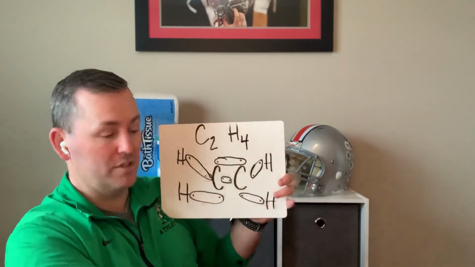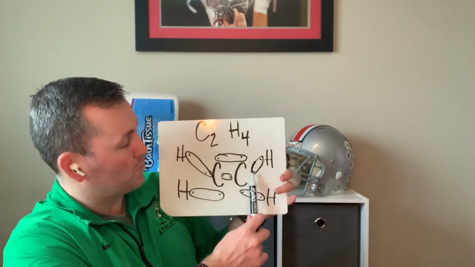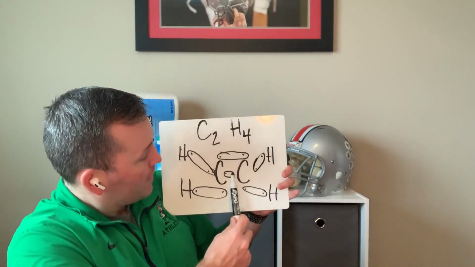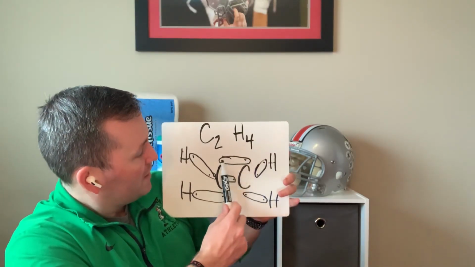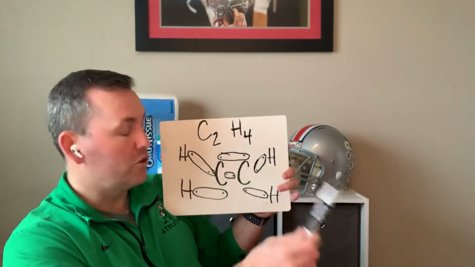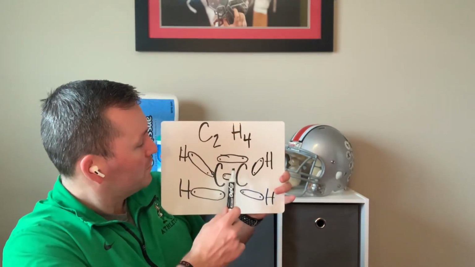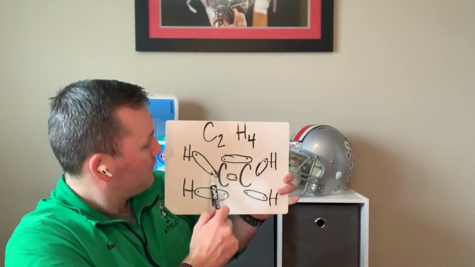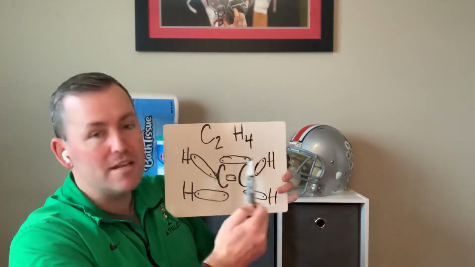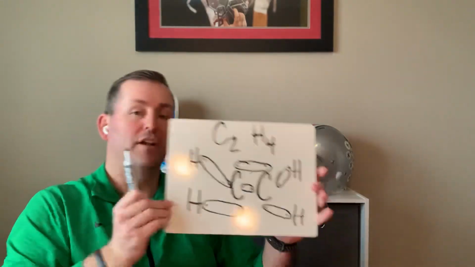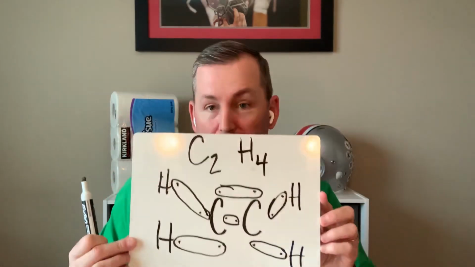I'm going to try to go through this so you can see it. Carbon right here has 1, 2, 3, 4, 5, 6, 7, 8 valence electrons. Same exact thing's happening on the other side. This carbon has 1, 2, 3, 4, 5, 6, 7, 8 valence electrons. Everybody's happy. Now we're going to take this and actually turn it into something that looks a little bit cleaner